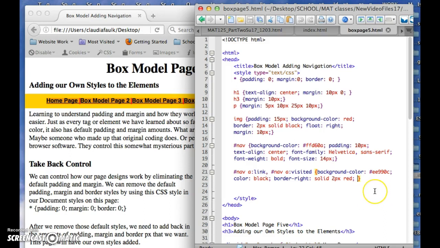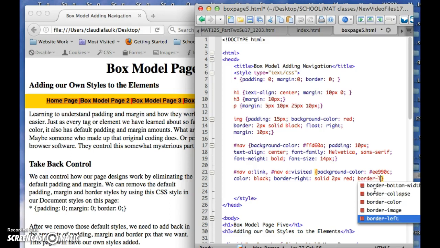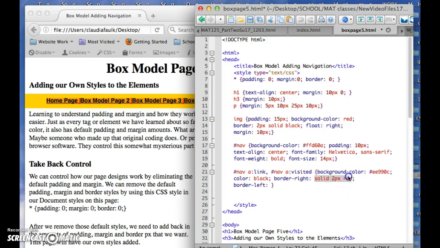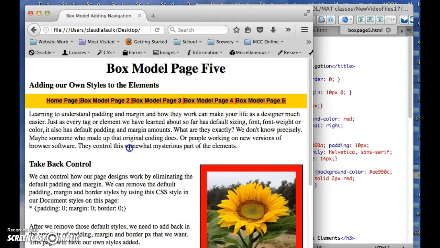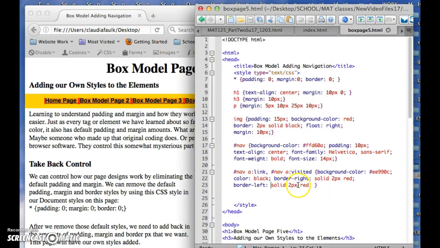Oh, I know what I forgot to do. Okay, let's add a border on the left as well. And we'll add the same. Maybe I'll just put this in the next row, and I'm just going to copy this and add the same. Save. Although it doesn't show. Well, we'll save it. And what I forgot to add was some padding, which is going to make all the